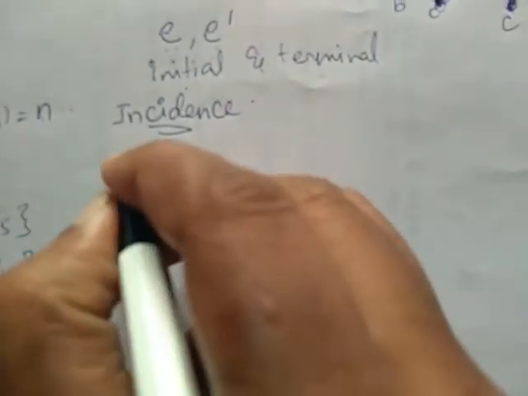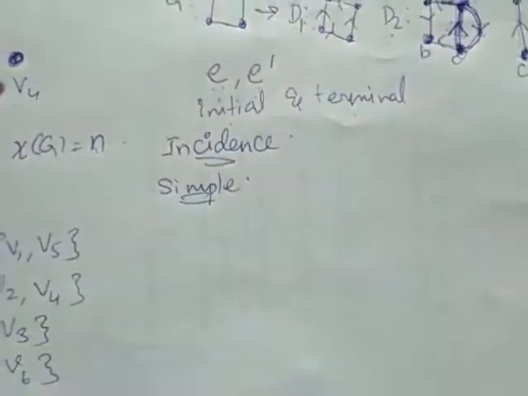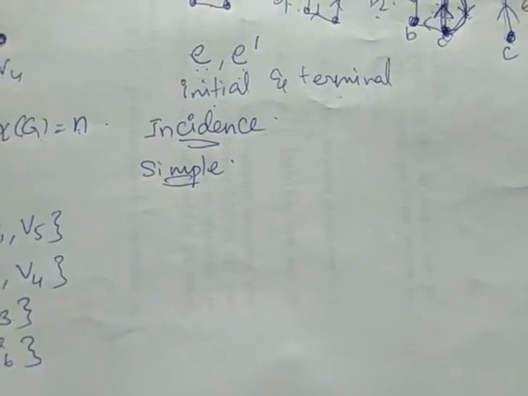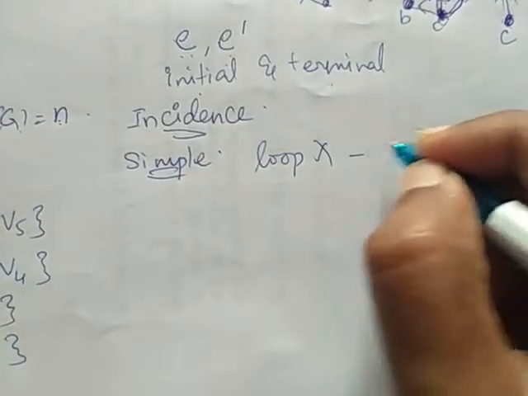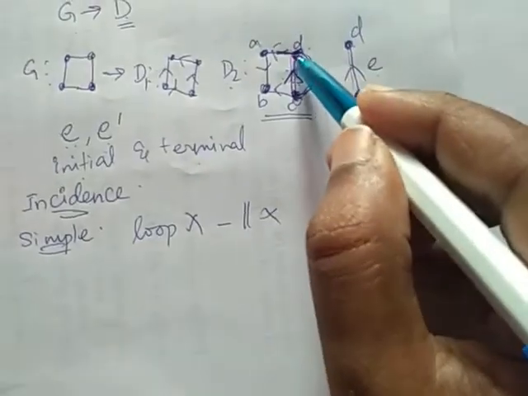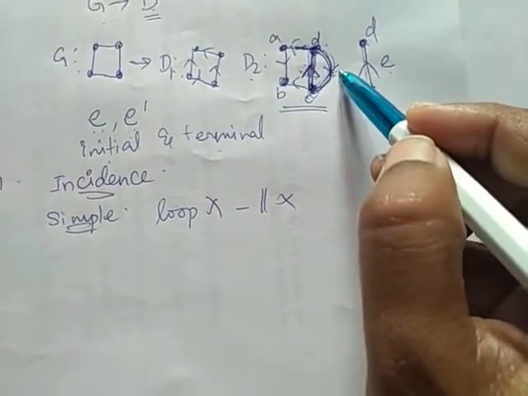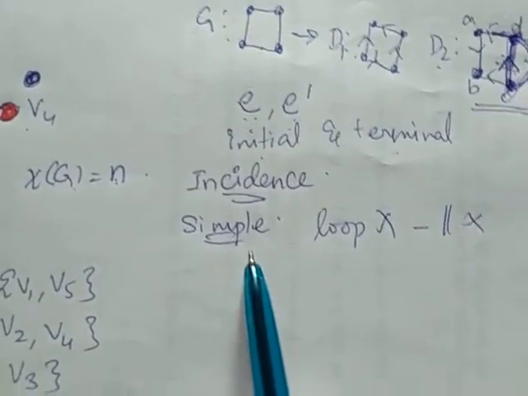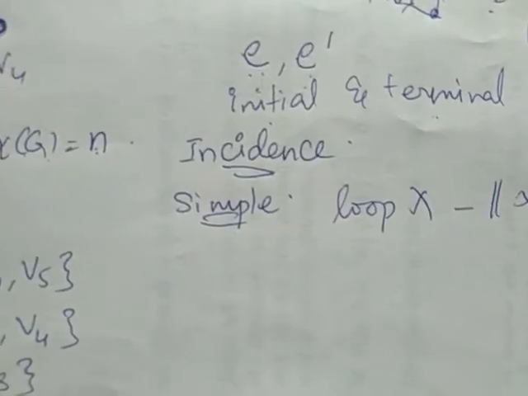Now we are going to study types of digraph. First one, simple digraph. As we know what a simple graph is, here we have a simple digraph, a digraph which does not have a loop. Loops should not exist and parallel edges should not exist. Such a graph we call a simple graph. Here this is an example of a simple graph. Again I tell you, C, D and D, C edges are not parallel to each other. Clear? So a simple digraph should not have self loops and it should not have parallel edges.